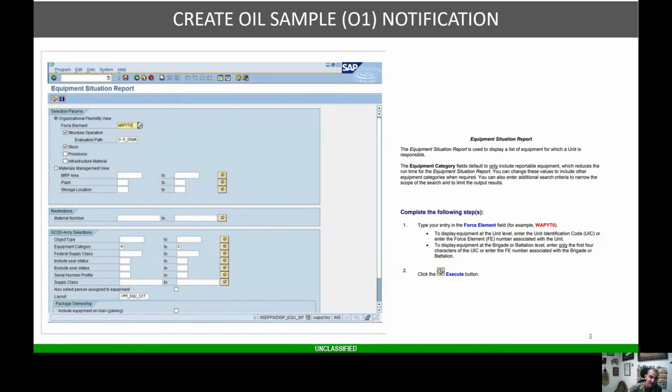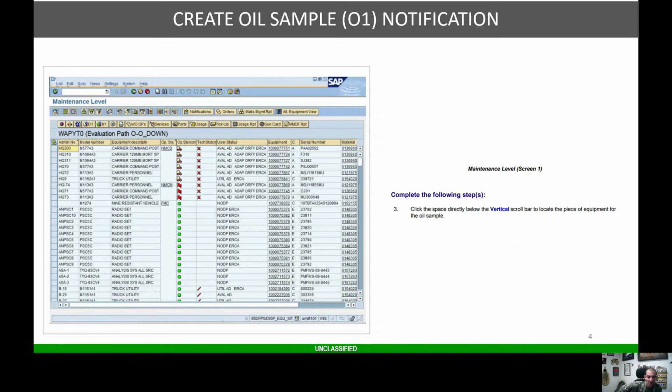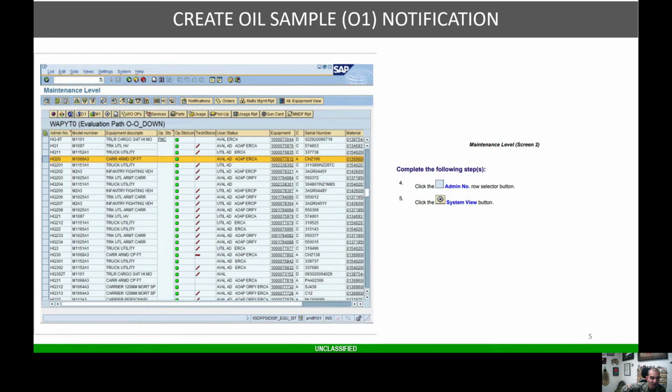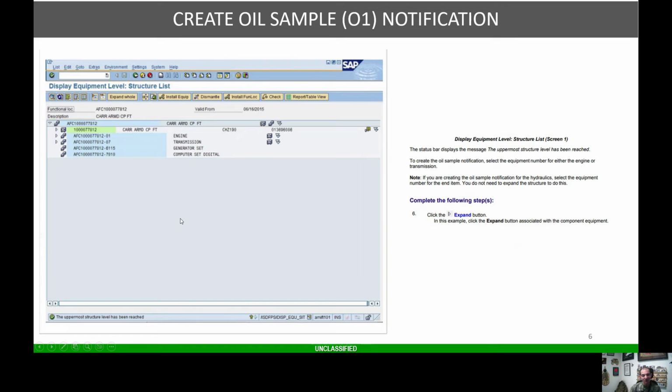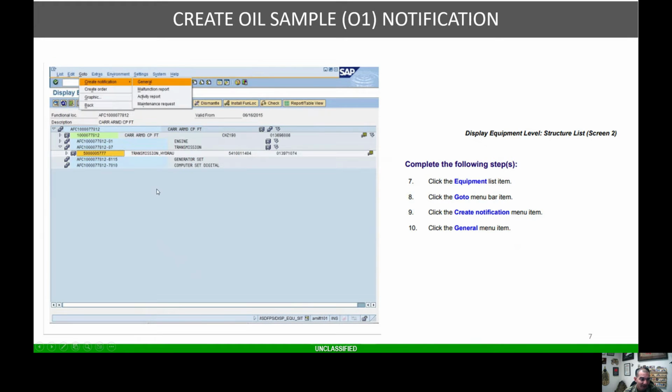So as always, like we've been doing in the series, we're going to start with the equipment situation report. You'll put in your UIC and you'll hit execute. From here, it's going to load your actual equipment situation report. You click the space directly below the vertical scroll bar to locate the equipment. Once you locate the equipment, you'll highlight the row. You're going to hit the system view or the silver bullet. Once you hit the silver bullet, just like the previous video, you're going to hit the expand node button, right? So once you're done expanding,